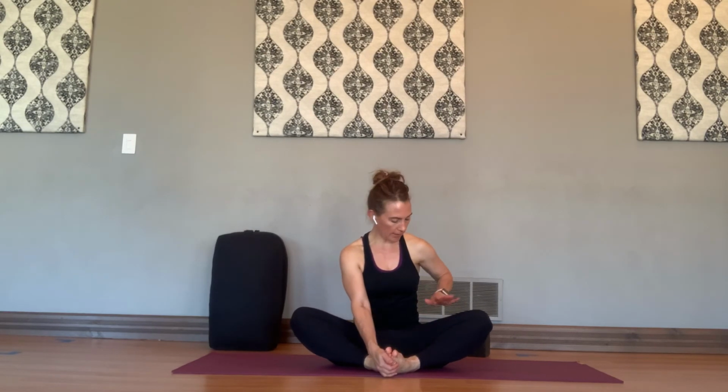Now, everybody's got a different range of motion in their external rotation in the hips. Some people's knees touch the floor. Some people's knees are up by the armpits. Some people's knees are kind of hovering halfway between, like mine are. So if you take a forward fold in your bound angle pose, the general baseline rule is if the knees